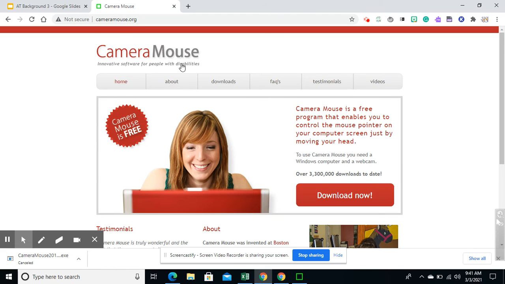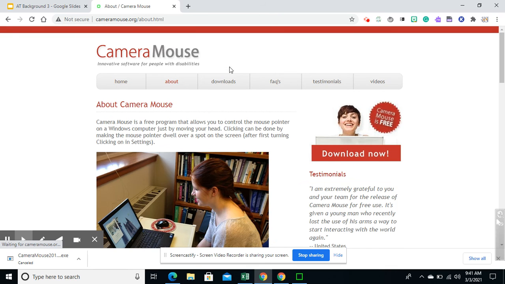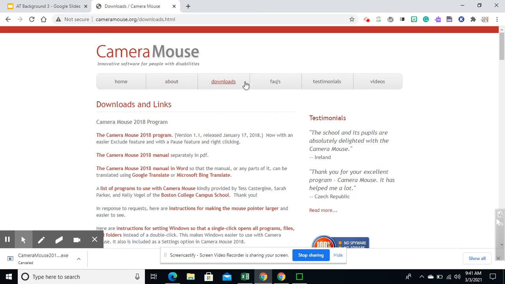So I'm going to go here on Camera Mouse and select About. Again, it's all about dwell time. So all I have to do is look at it. If I want to select something like downloads, I can go ahead and select downloads. Where it gets a little bit tricky is when you have to click on things, like say this cursor right here. If I have to click on it,